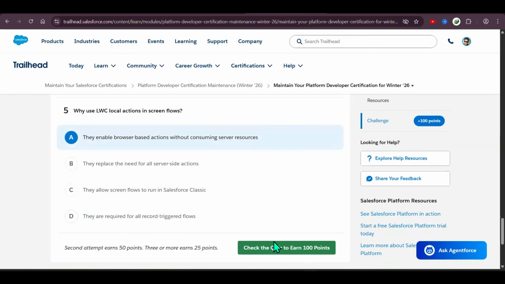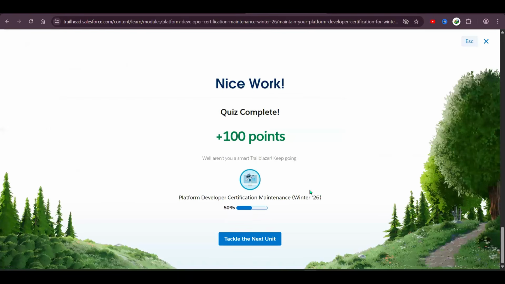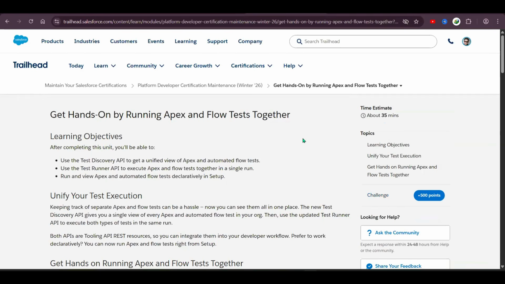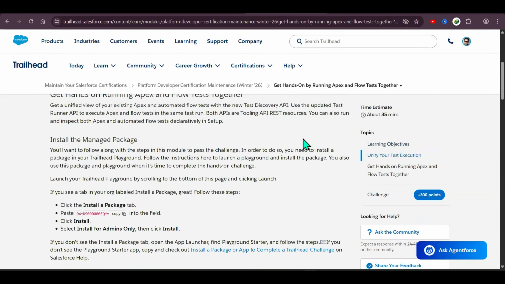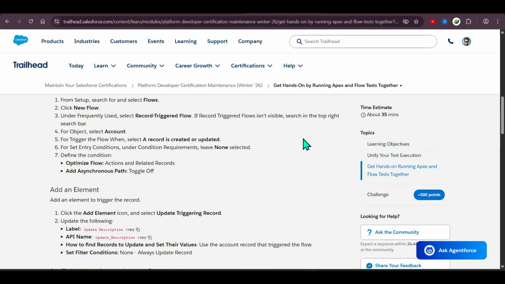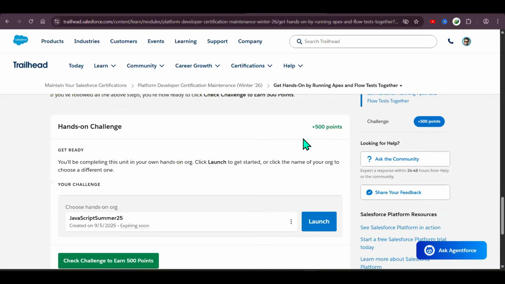That's it. Now check this challenge. So done, right, the first part is completed. So let's go for the second one. So what do we have to do? First we need to create